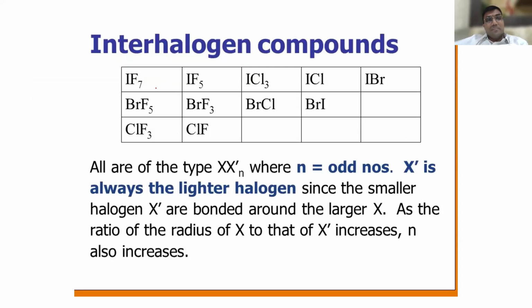Yes, please. Sir, if it is ICl, which will be greater, sir? Could you be more clear and audible? Sir, if it is ICl, in ICl3 iodine will be greater, no, sir? In that way, for ICl, which one will be greater? Iodine. Iodine is the larger size. So that is X dash. So X is greater than X dash. That's what the meaning I've given here. Understood? So this is ICl.